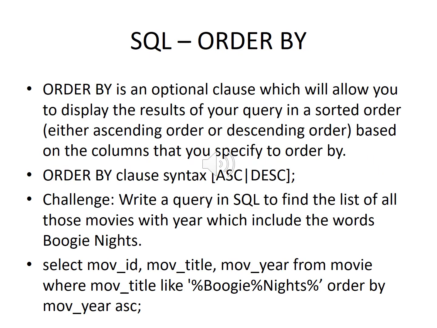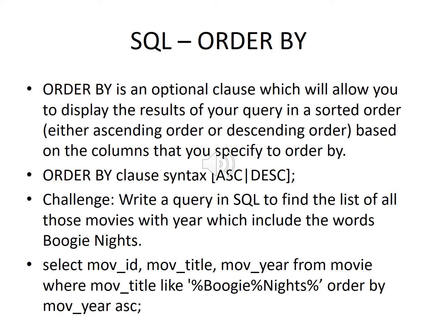The order by statement that we looked at earlier is an optional clause which will allow you to display the results of your query in a sorted order, either ascending or descending order. And the results are going to be based on the columns that you specify to order by. So let's say we have a movie database, rather a table with columns that list movie ID, movie title, movie year, and we want to